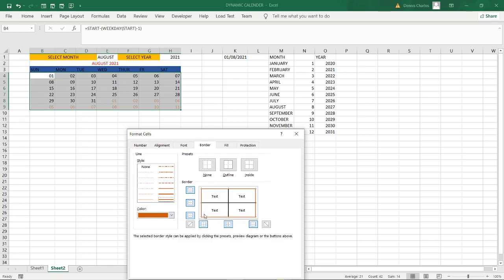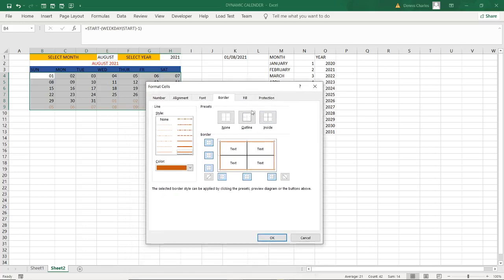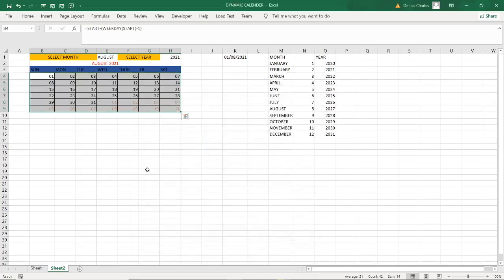If I change to that, you click that. That is how the bordering I want to do, and when you're done with it, you click OK. If you click OK, you realize that your bordering has changed.